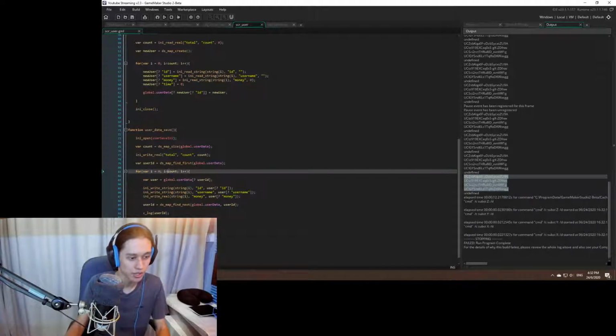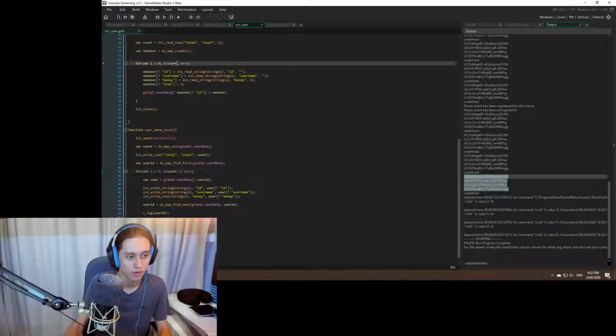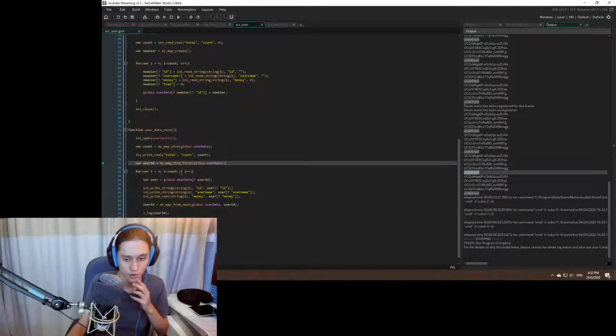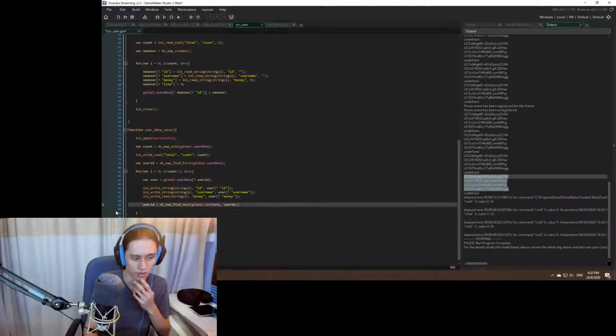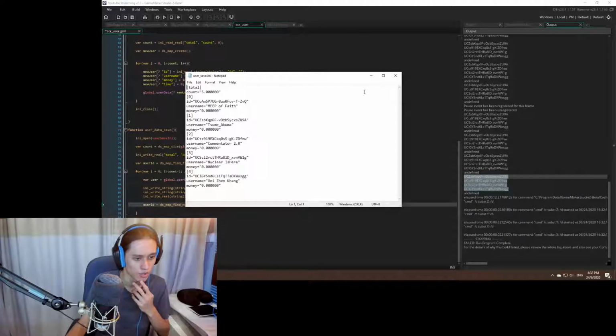Oh, I see. Actually, we don't need to iterate through this as much as we need to. It's actually count -1, because we already found the first one. So I don't need to go through it as much. But what I'm seeing, it looks like the ID is correct. Then why is it so funny? Why are my saves all one person? Oh wait, no, what? It's fine. It's fine now.